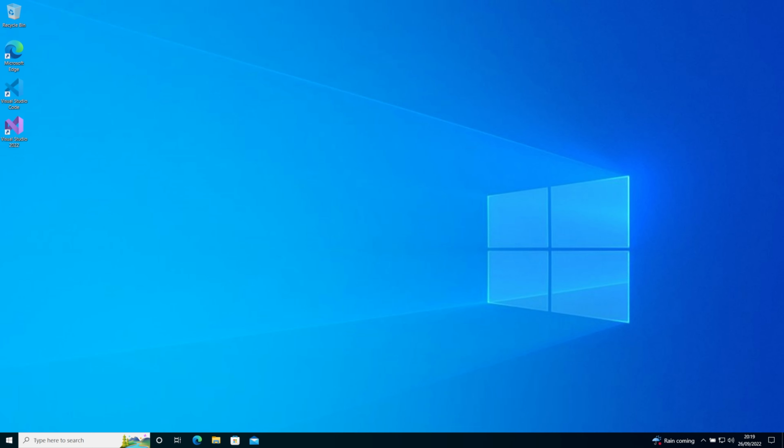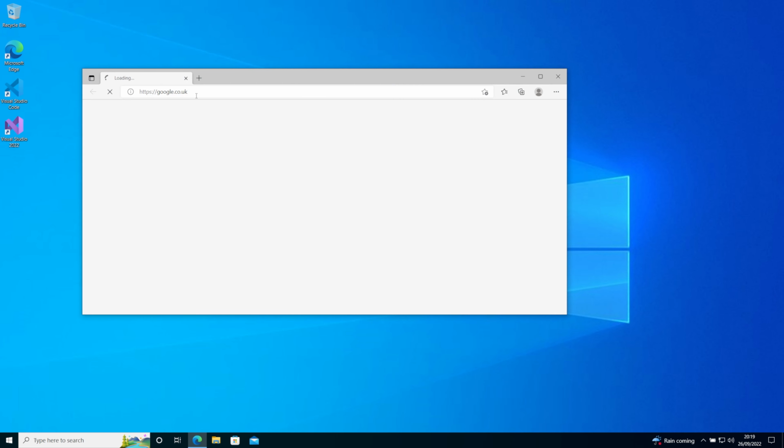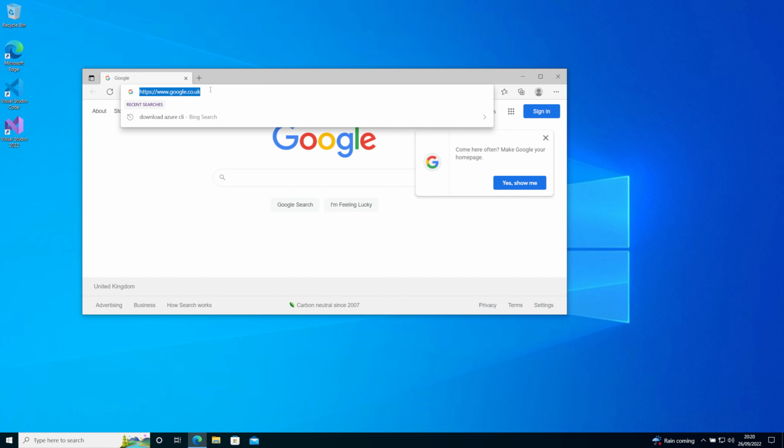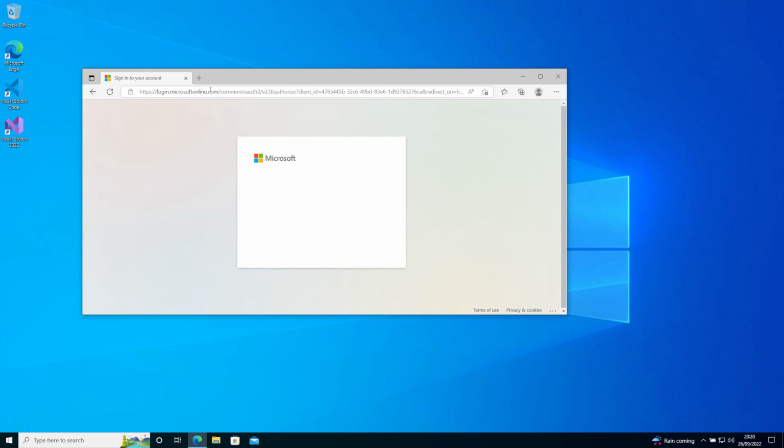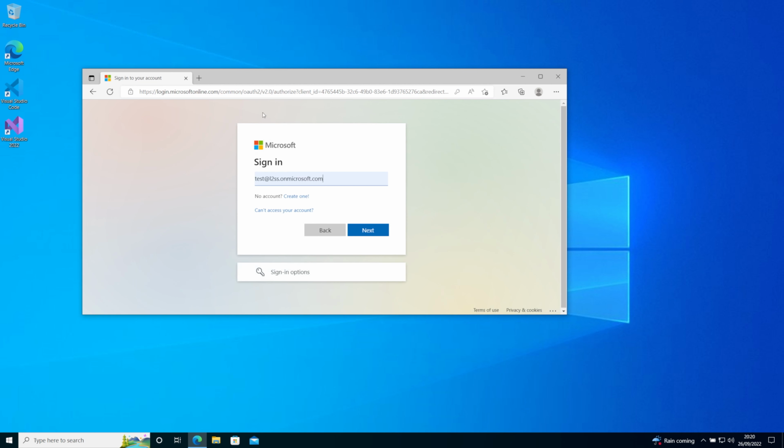In this tutorial, we are going to change our SharePoint domain name. So in order for you to be able to do this, of course, you will need to check that the domain name you want to use is available. You can do that by signing into your Microsoft tenant's